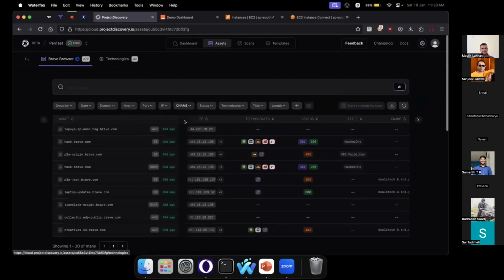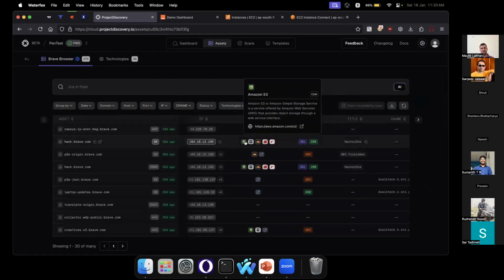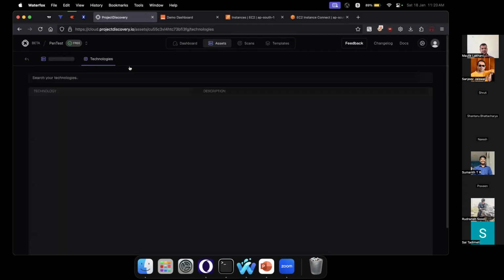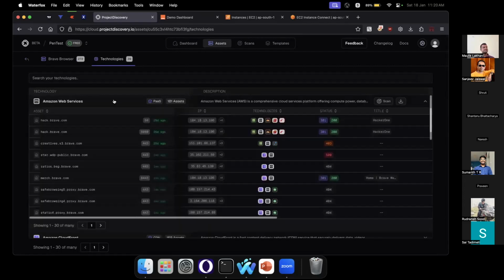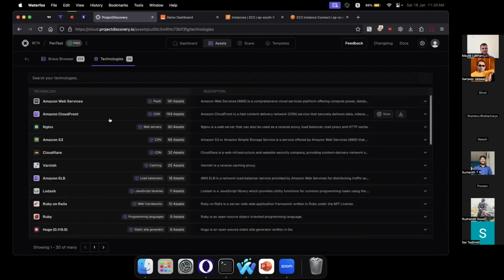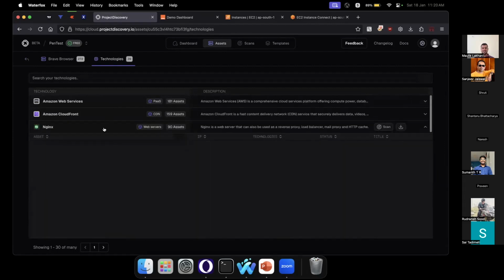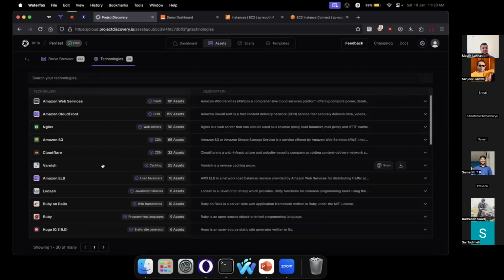You can see the details of every subdomain, such as whether it is using S3, AWS, Redis, Ruby on Rails, and all of that. You can also have a technology-wise description: these many assets are behind AWS, these many assets have nginx up and running, and all of that.